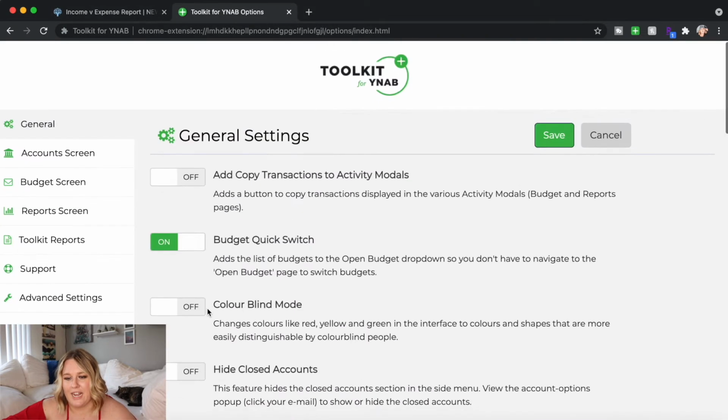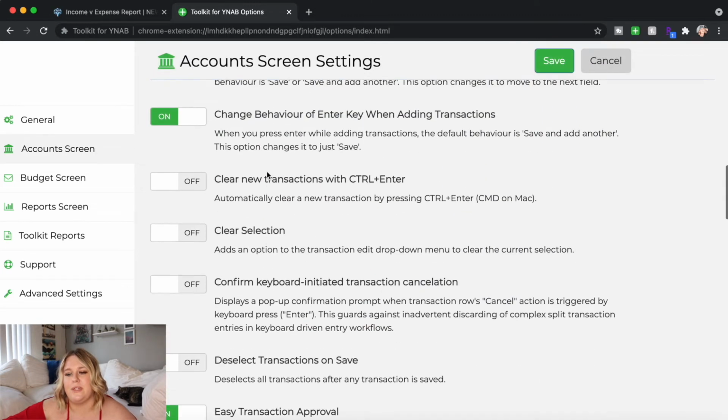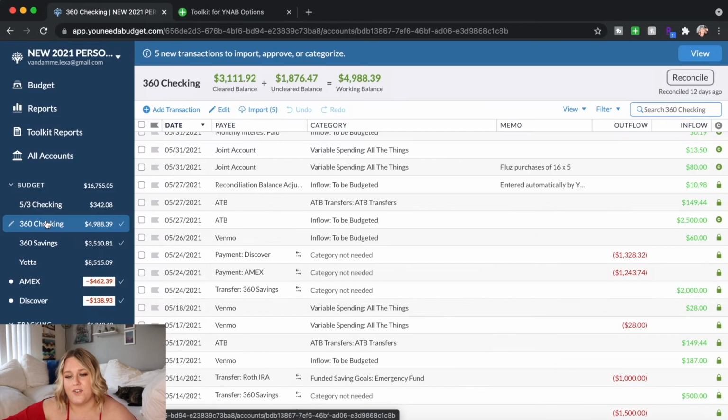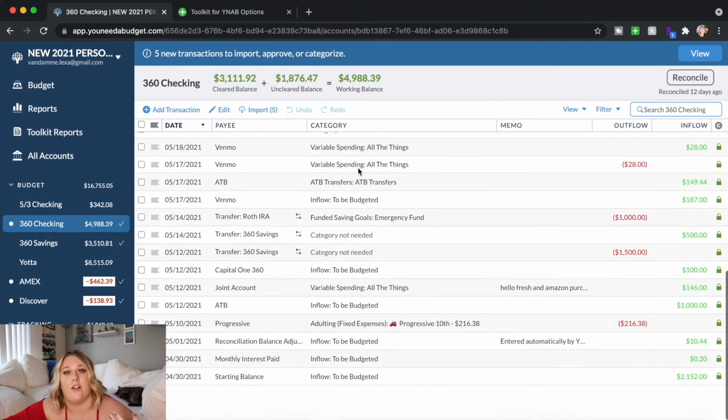Now that is pretty much it for what I want to talk about on the general screen. So let's go ahead and go over to the account screen. Now these settings for the account screen are what is going to affect this here. So this is basically just showing all of your income versus your expenses. It's like looking at reports from your bank account for all of the different accounts that you have hooked up